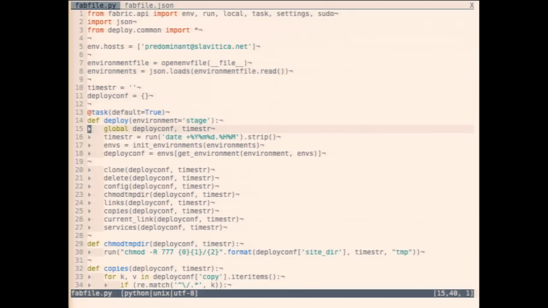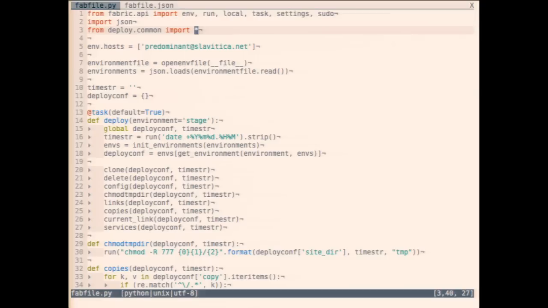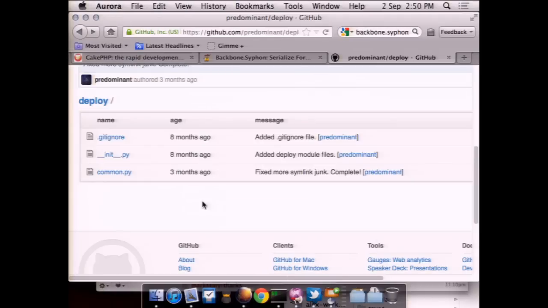So when you use Fabric, is anyone totally confused by how Python is working right now? Python has imports, so you list out a module and then tell Python which functions, which symbols you want to load. We're going to load env, run, local, task, settings, and sudo from Fabric. We're also going to import JSON, and then from deploy common, which is the GitHub repo I showed very briefly, we're going to import